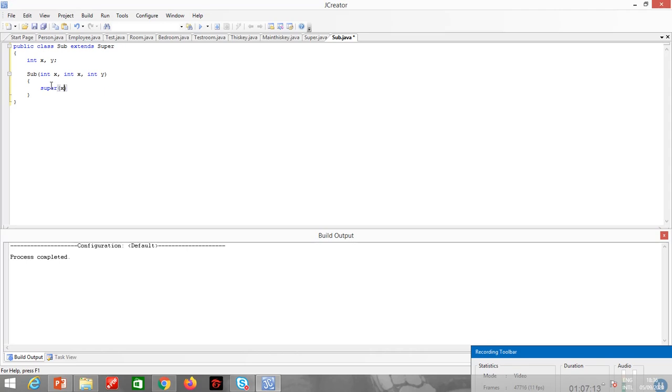So super x. If I write capital S, it will be wrong because it will refer to the class name. So super x will call the variable of the parent class. This.x is equal to x, variable of the child class. This.y is equal to y, variable of the subclass, right?